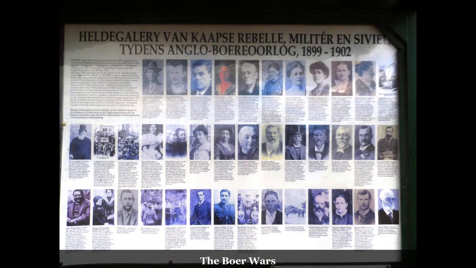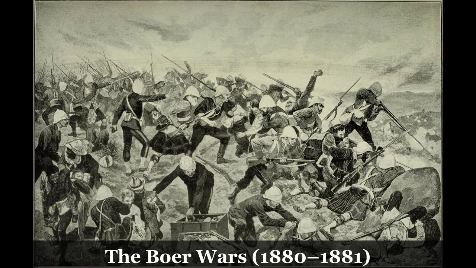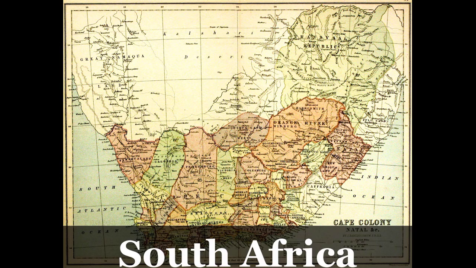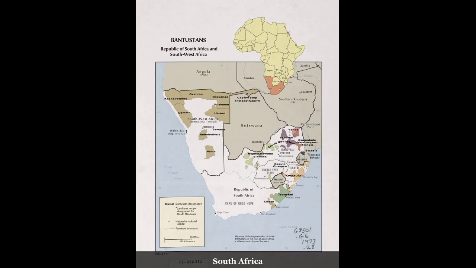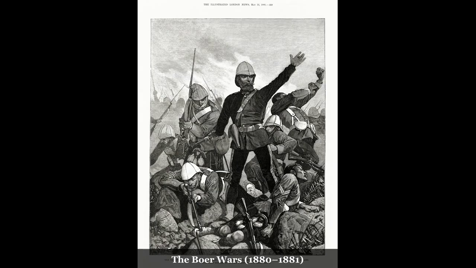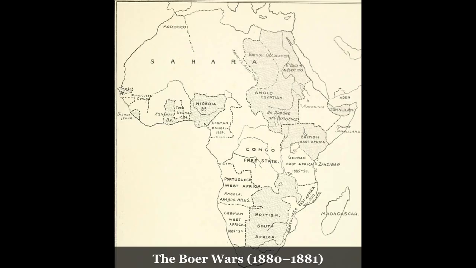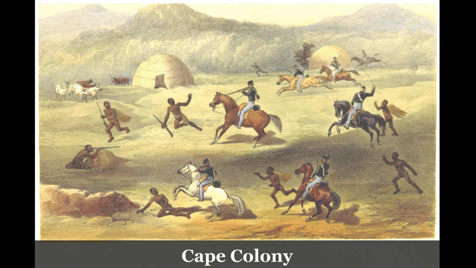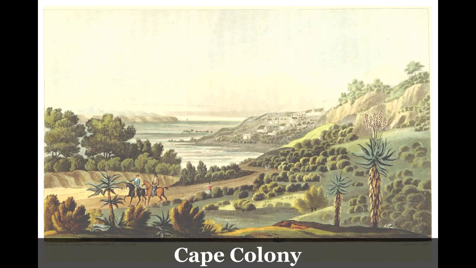To truly grasp the intricacies of this conflict, we must first immerse ourselves in the rich history of the region. The story begins with the arrival of European settlers in South Africa, particularly the Dutch, who established the Cape Colony in the 17th century. Over time, these settlers, known as Boers, developed a distinct culture, language, and identity, shaped by their African environment and their religious beliefs. As the British Empire expanded its reach, it eventually came to control the Cape Colony, leading to tensions between the British authorities and the Boer population, who felt their way of life was under threat.